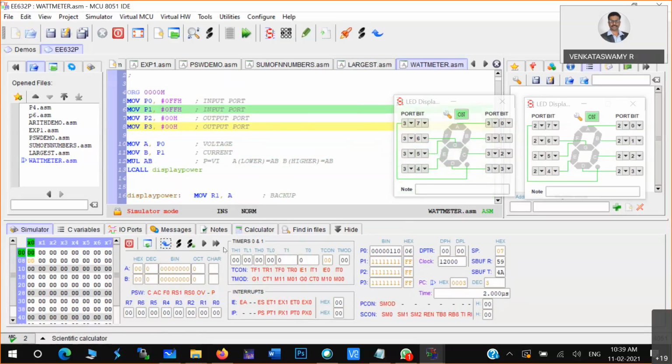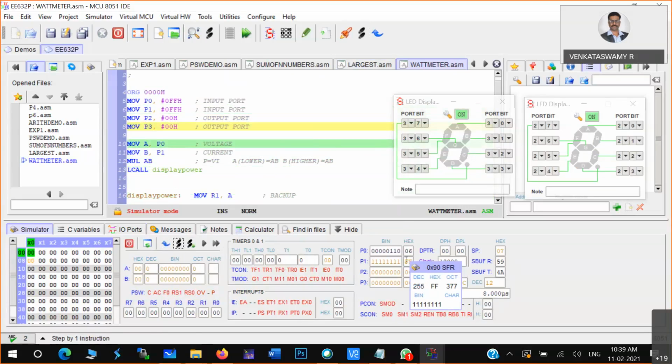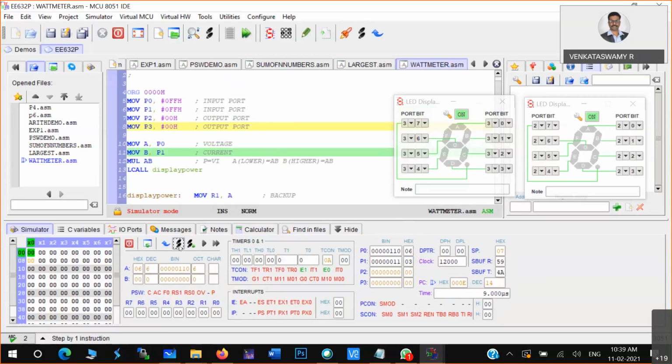So now what is that? So I'm just running. Okay, 0. So I'll just keep 0, 3 here. Okay, so I'm just running. So the 0, 6 into 0, 3. Yeah, 0, 6 into 0, 3 is 12. Okay, hexadecimal 12. So now you see two digits are there in accumulator.